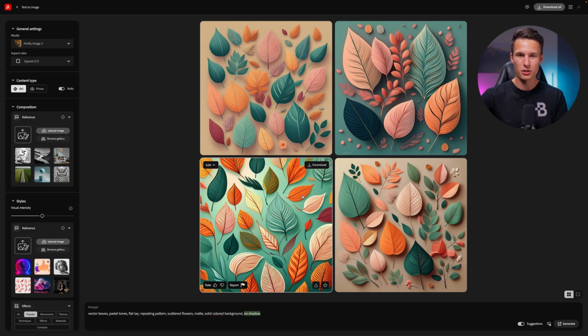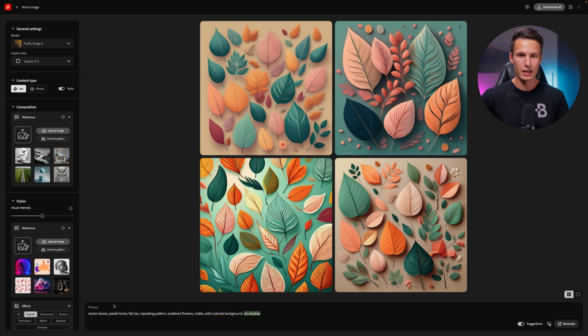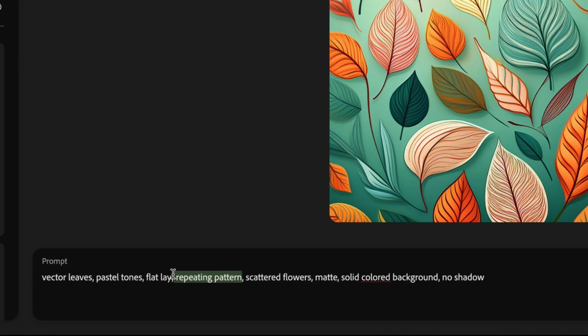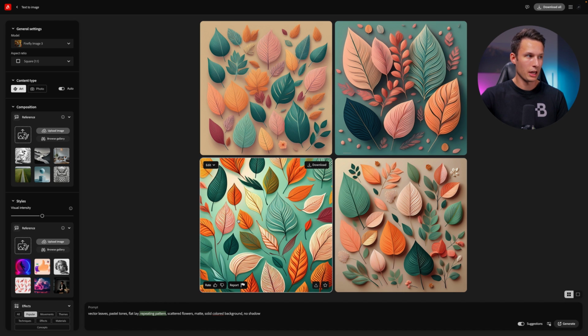When you're creating these prompts, what's most important is that you're very specific about the colors and the style of the objects that you're creating. I wanted vector clip art style of leaves, which is why I put vector leaves. But if you wanted something that looks illustrated or like watercolor painted or grungy or whatever, you want to be specific about that inside of your prompt. The other really important thing you'll want to add is repeating pattern in your prompt, because it will create an edge-to-edge image like we have down here.